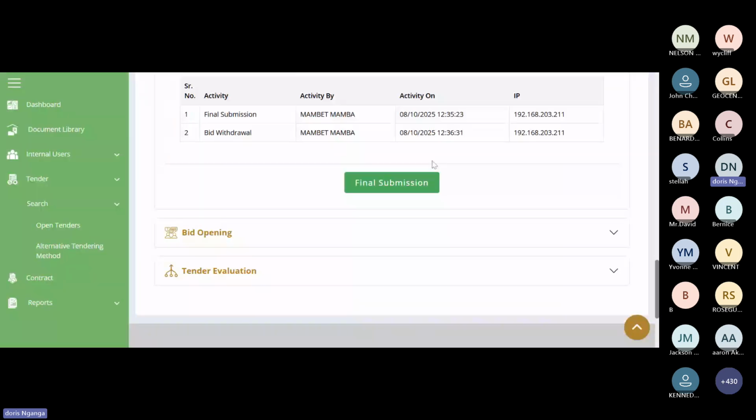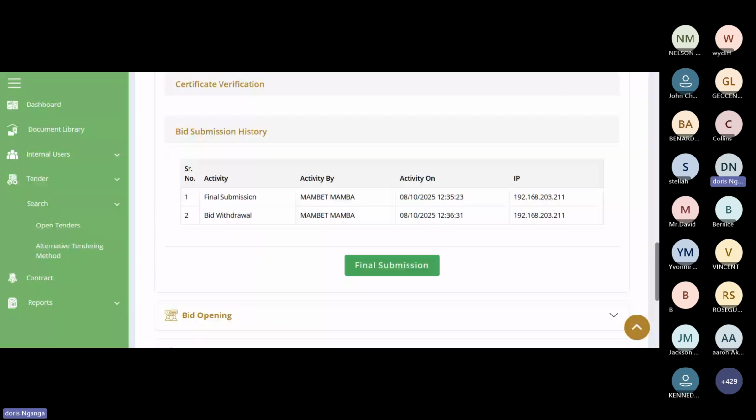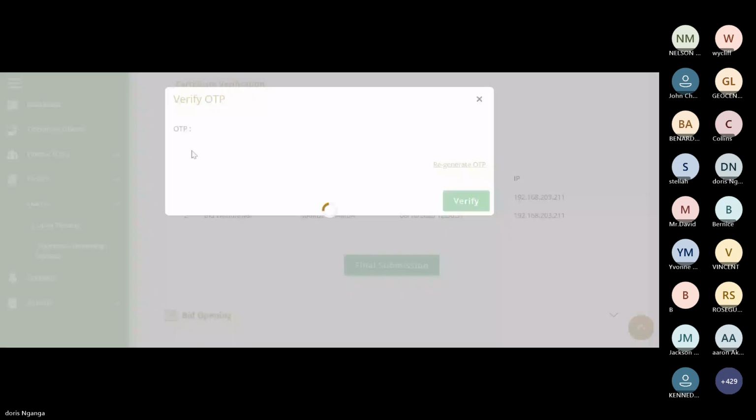And the details, remember we did a bid submission. It gives you the history of the bid submission. We did the first final submission at 12:35, and 1 minute later, we withdrew our bid. So if we click on final submission again, we are required to input OTP.